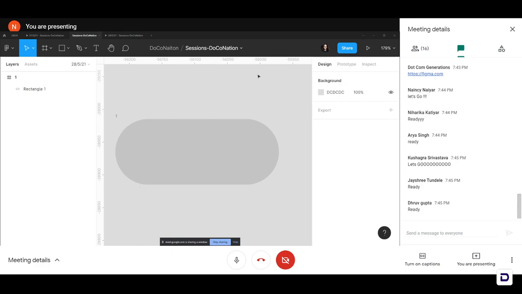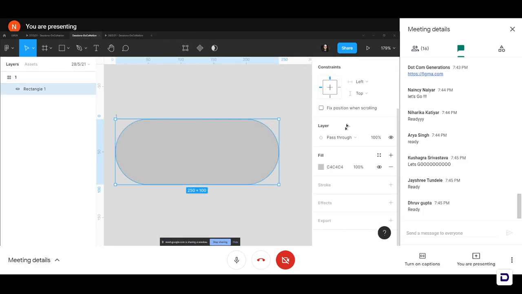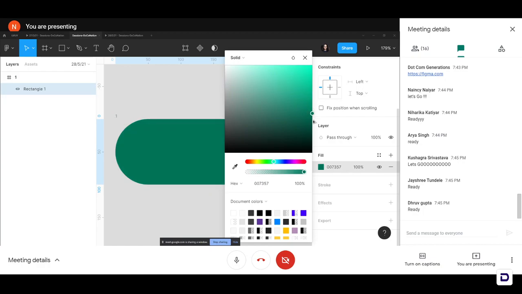So the next thing that we will be doing is changing the color of the button. So again, to change the color of the button, select the rectangle inside and head over to your properties panel. On the down part, you can see a little fill property. Beneath the fill property, you can see this little box. Click on that and change the color of the button to whatever you may like, green or blue or anything for that matter.